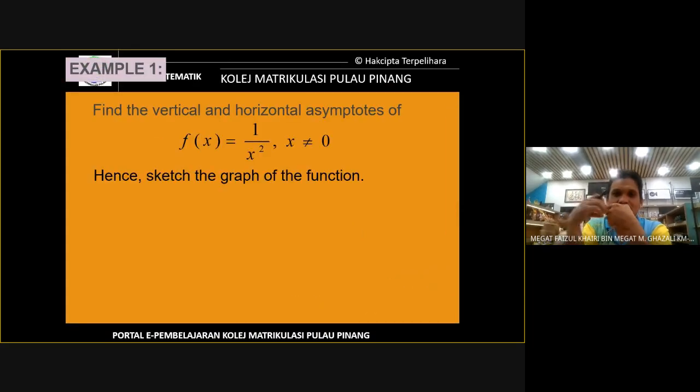Okay, so find the vertical and horizontal asymptote of f(x) = 1 over x squared, where x cannot be equal to 0. As we know that the denominator x squared cannot be equal to 0, so x cannot be equal to 0, meaning that the graph won't touch the y-axis at all. But the thing is, when we have 1 over x squared,